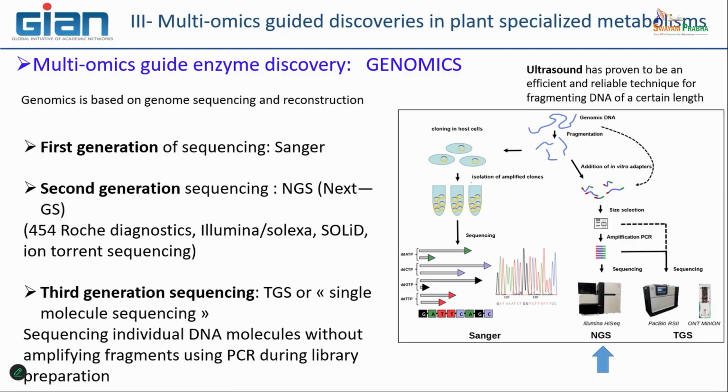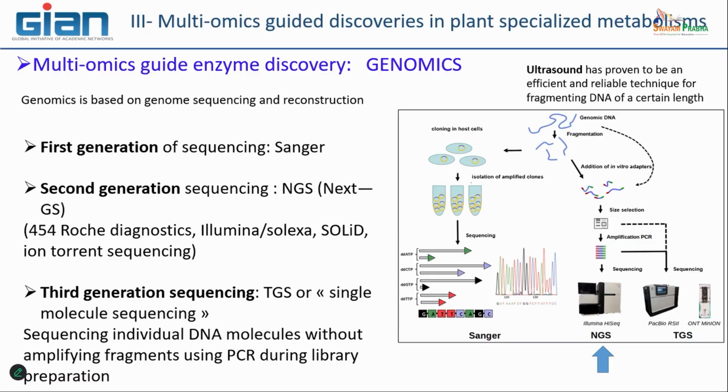There are some new generations of sequencing that are used for genomics or for transcriptomics. Firstly, it was Sanger's method. I suppose that all of you have already heard about this method. It's quite an ancient one that is not used now. And now what is more used is what is called second generation sequencing, NGS, that is very fast because in fact you take all the genomes, you fragment them by an ultrasound method. It's a mechanical one, and depending on the frequency and the time you apply ultrasound, you can fragment the DNA in smaller or in bigger